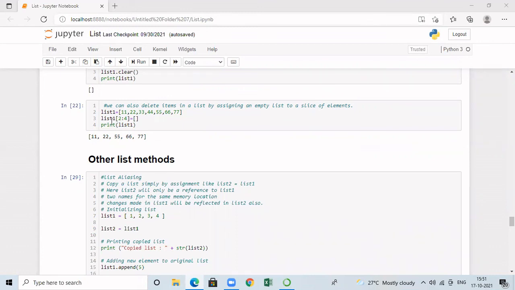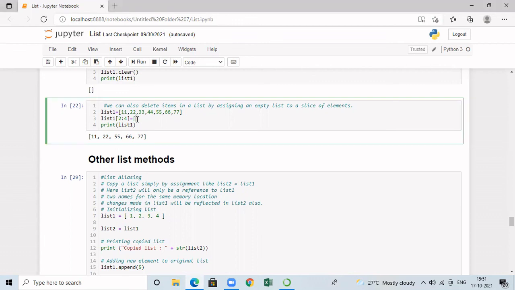So I am specifying now list1[2:4] equal to empty list. When I try to do this, it is going to remove the elements which are present at the index 2 and 3. The removal in the sense they are now replaced with empty list. Therefore, 33 and then 44 will be replaced with empty list. That means they are removed. So we have the remaining elements 11, 22, 55, 66 and then 77.